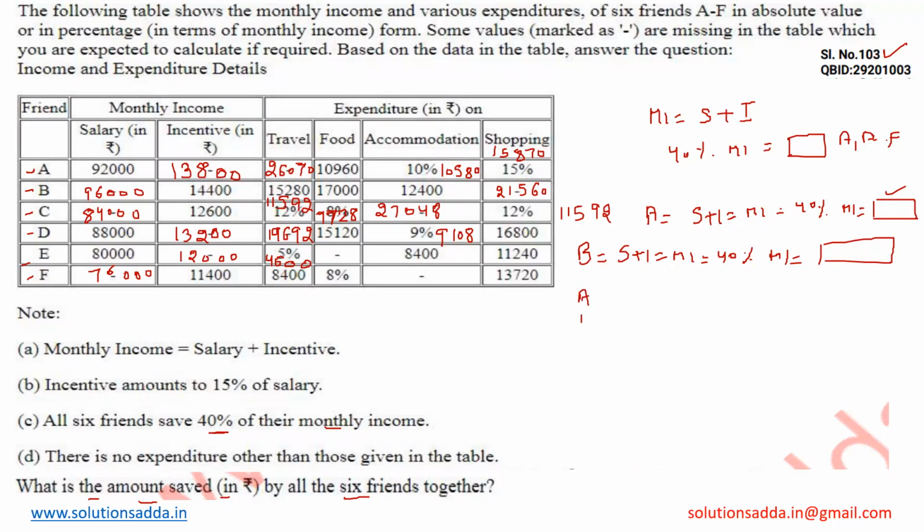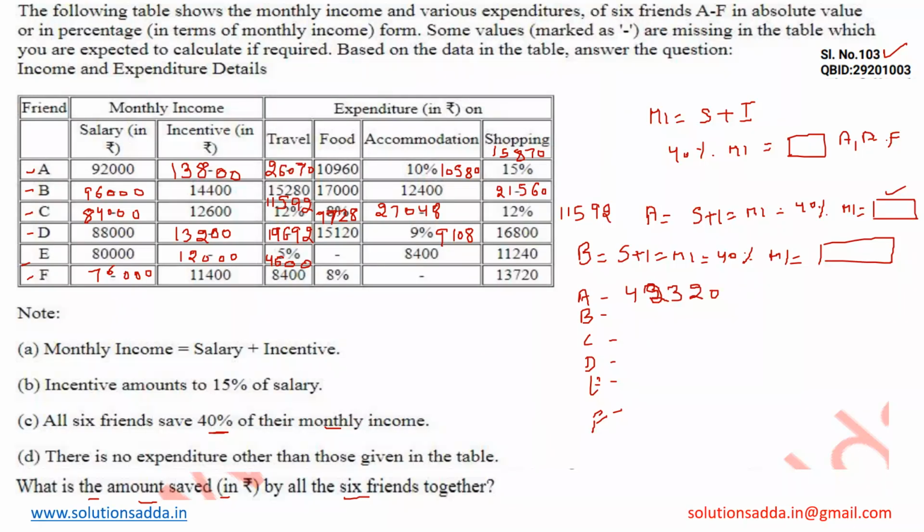Likewise, we have to calculate all the members over here up to F. I am writing the amounts here directly. You have to calculate this by adding the salary plus incentive, that will become the monthly income of the person, and then take the 40% of that monthly income. So for the amount which is saved by person A, that is